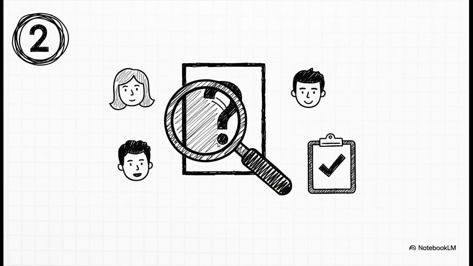Then, goal number 2 is validation. For a test to be any good, you have to know the questions are actually fair and accurate. And how do you do that? You have to field test them on real people before you use them. As you can guess, that is a super slow and very expensive process.